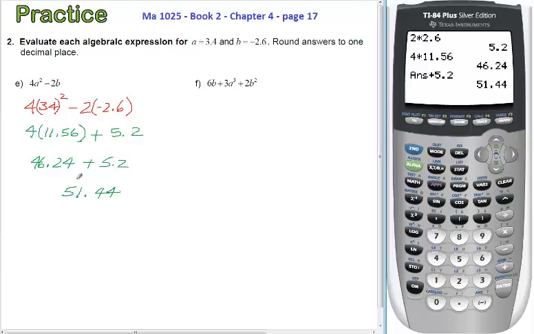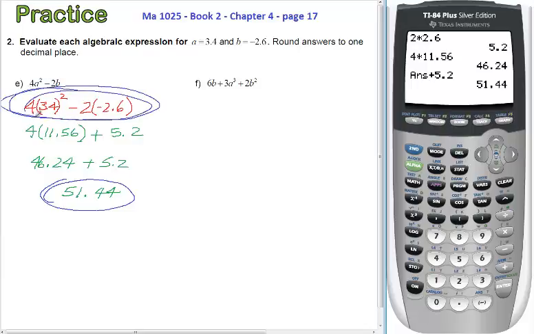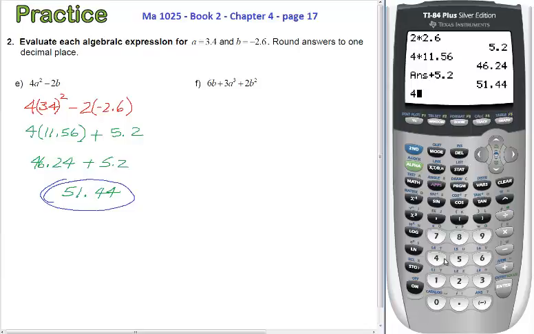Now, I would always check these, and if this was a multiple choice, I would put it right into my calculator using brackets. Now I'm going to type it in the calculator just like I have it here, exactly like I have it, because the calculator is programmed with order of operations in mind, the BEDMAS rules. So therefore we say 4, open a bracket, 3.4, close your bracket, square it,